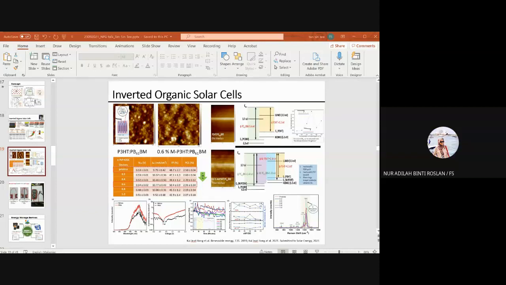Yes. And then how did you integrate your nanostructure? So that means you fabricate the nanostructure with the... Oh, okay, I understand. So that means you modify your active layer. Yes, in this case, we modify the active layer. Our nanostructure is just the electron transporting layer. We did that study, but it is not included here because that is the first study where we put in our zinc oxide nanorod.